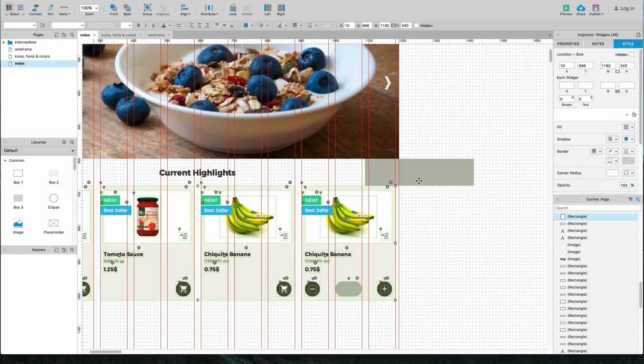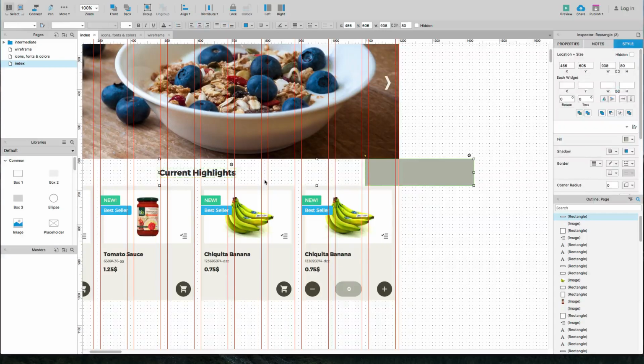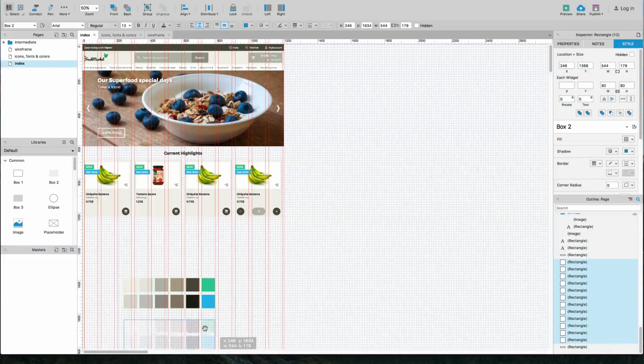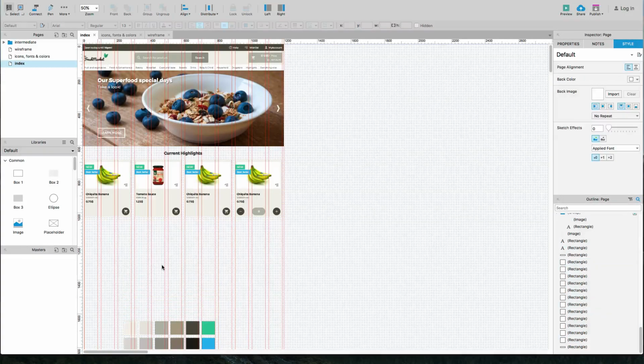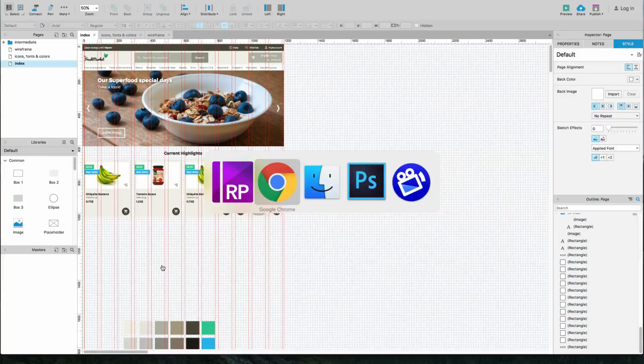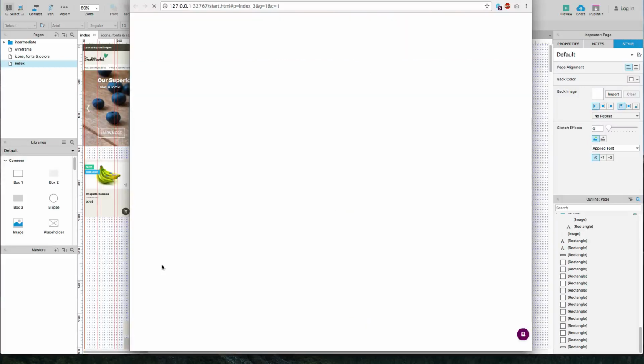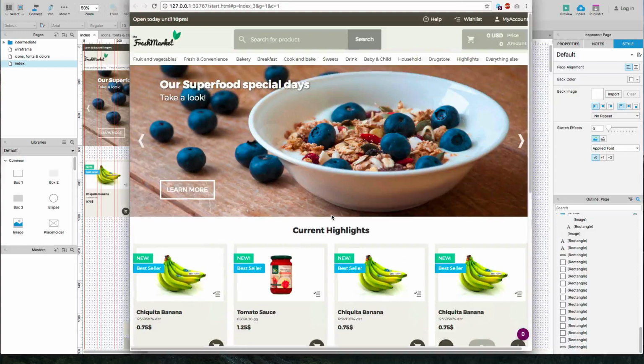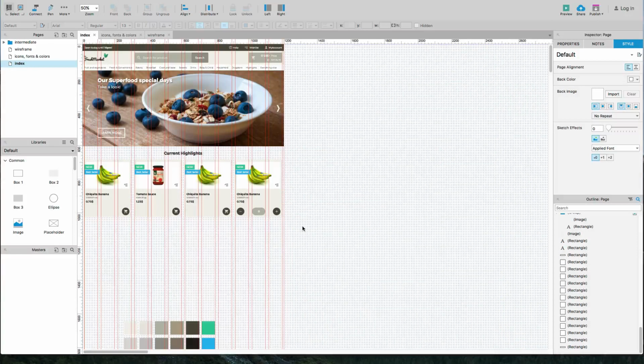Okay, now we highlight this box here in our current highlights, and we see, yeah, that it is in the middle. Okay, so that's already our first product line here. That's good. Okay, so let's do the second row here, and for this